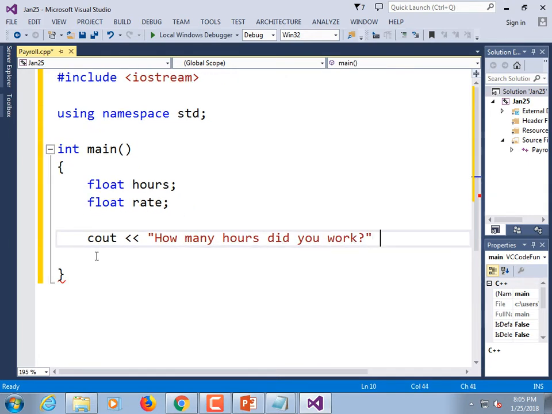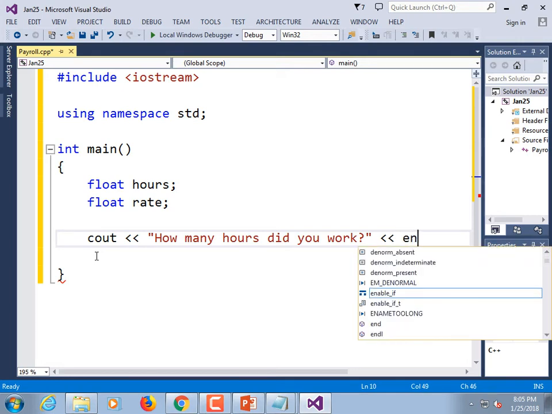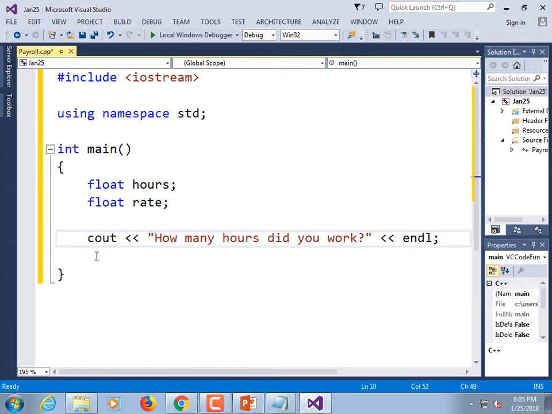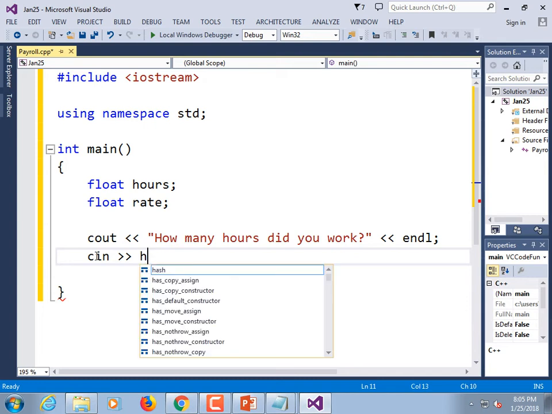And after the end quote, I'm going to put 2 more of those less than signs, arrow, arrow, ENDL. That's an L, not a 1. That means end of line. All right. We've told them what we want them to do. They want to enter a number of hours, so we have to let us do some input. Out stands for console output. We're displaying information to the screen. Now we're going to read in information. So CIN